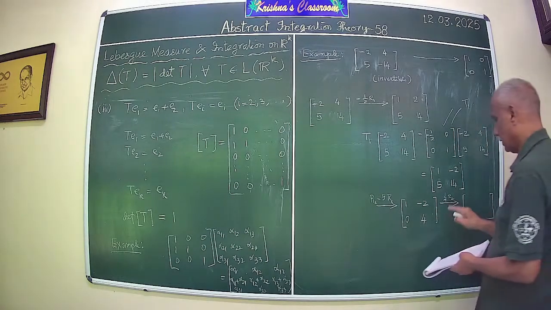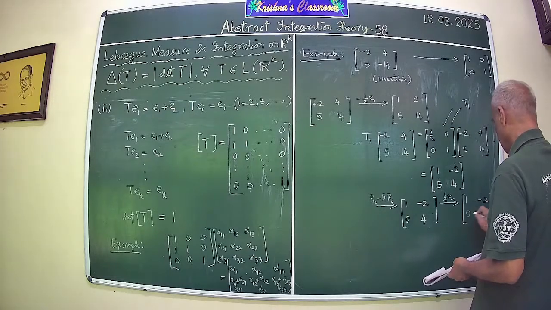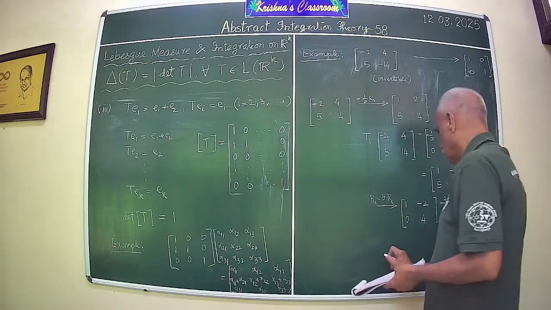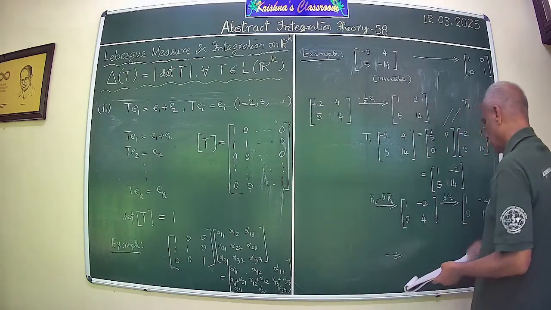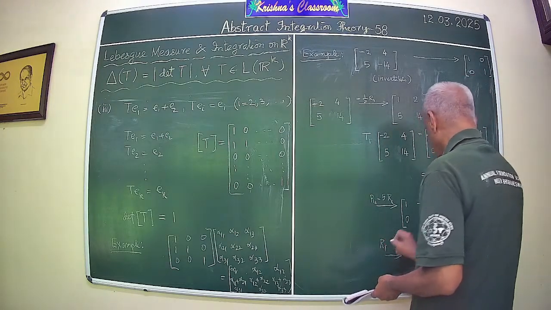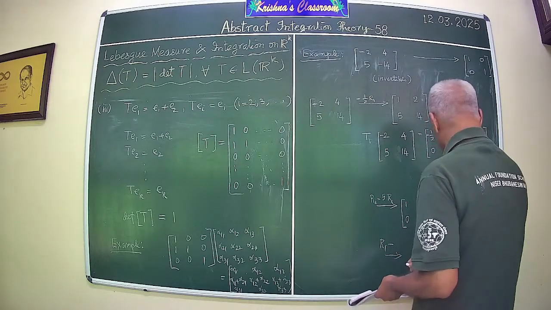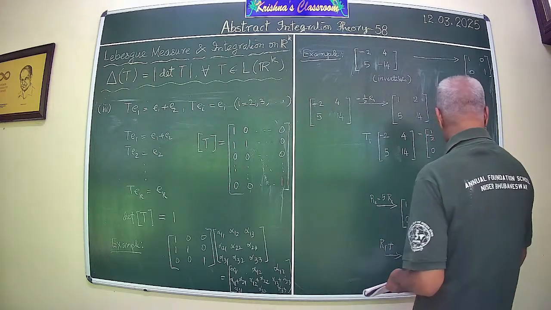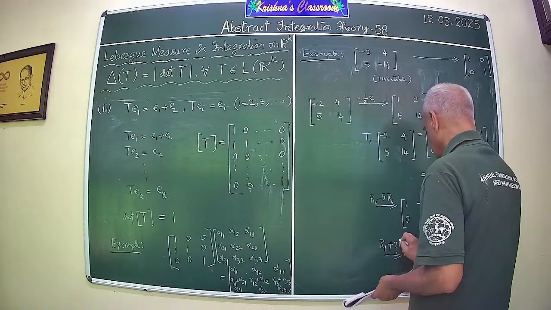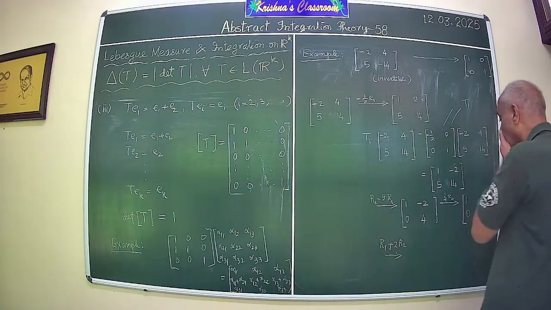That will give you what? 1 minus 2, 0, 1. Now you subtract from R1, or add to it, 2 times R2. That will give you